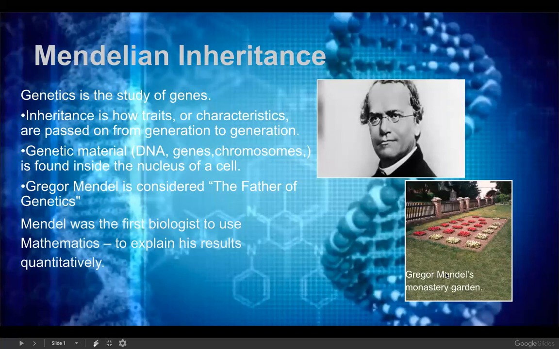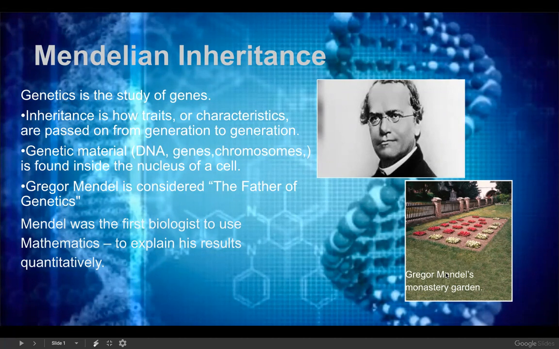Okay, Mendelian genetics. Gregor Mendel was an Austrian monk, and in the monastery he was in charge of taking care of the garden. With that, he started to be interested in inheritance, using the pea plant as a mode of studying inheritance and patterns of inheritance and those kinds of things.